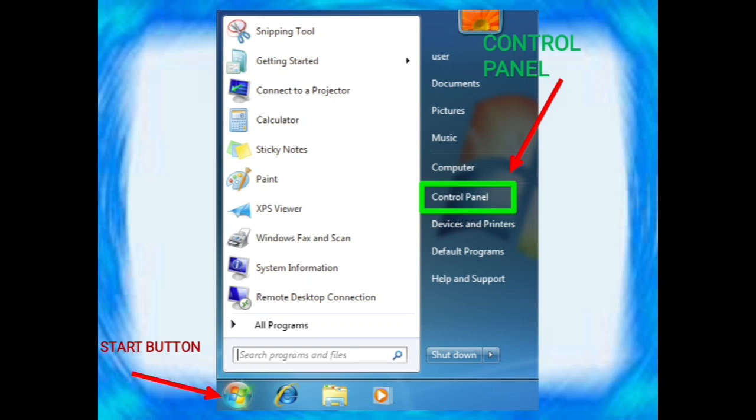In that, did you see I highlighted the control panel in green color? Yes, you have to choose that control panel. So step 1, start button. In the green highlighted part, you can see the control panel. You have to choose that control panel.